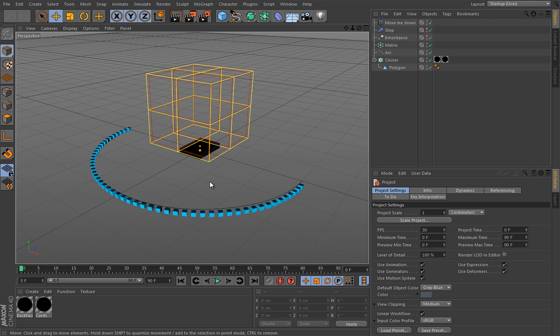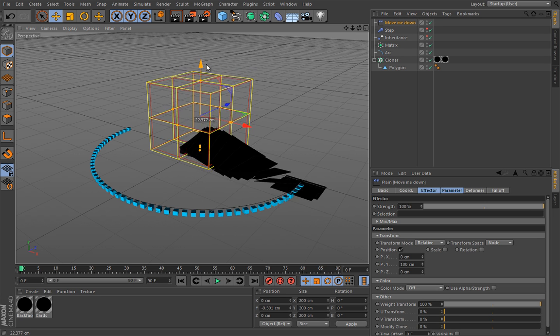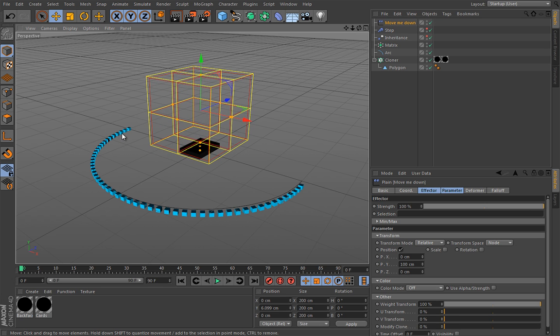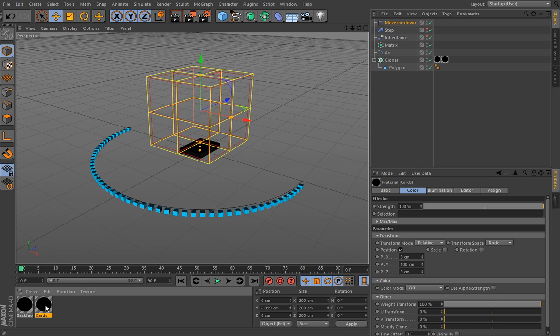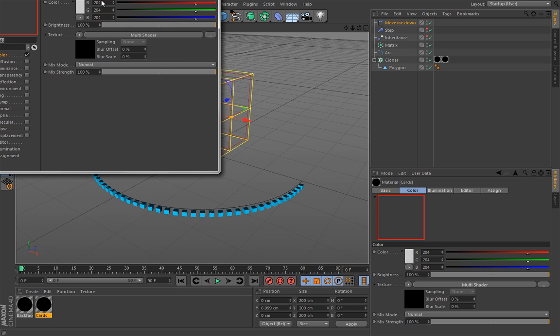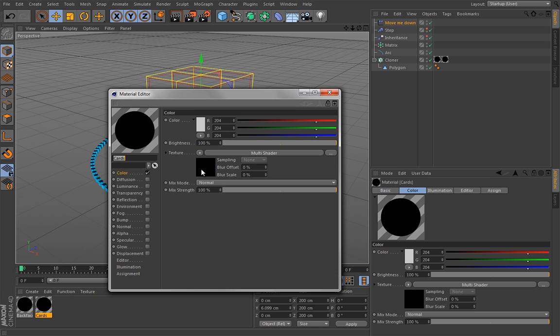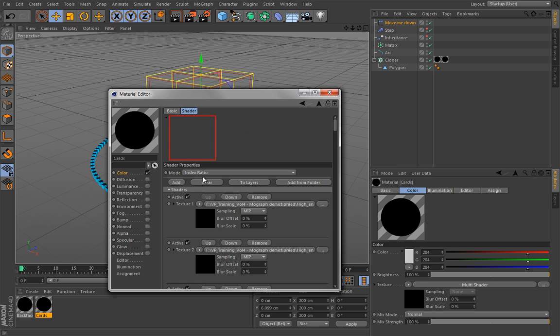In release 15 we have a complete dedicated texture asset manager, and it will really put a smile on your face because it's so easy to work with your assets now. So here I have a simple deck of cards. As you can see, they are simply dealt on this semicircular shape. Now let me open my material, and as you can see here I have a MoGraph multi-shader, and it has